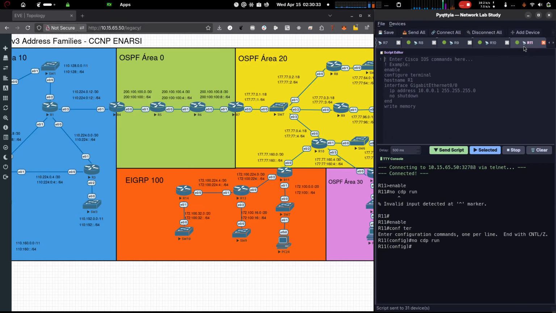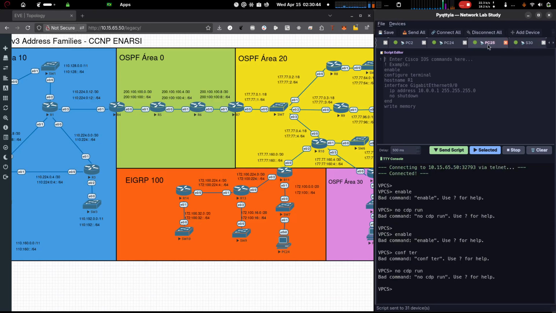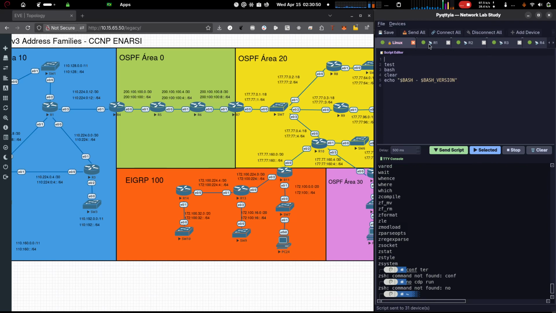It sent that to all, sent to the switch too. And if I go scrolling, at the end there are PCs too. It's sent to the PC too, which are commands the PC doesn't recognize. I shouldn't have selected them when I set it to send, the same thing. I shouldn't have selected Linux there. It causes noise here. But that's it, working nicely.